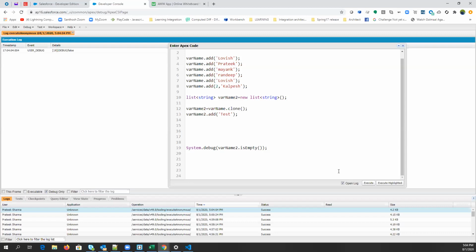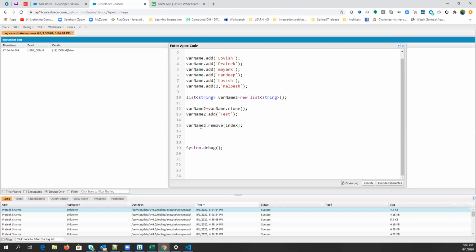Now the next method is remove. Here you need to pass the index.